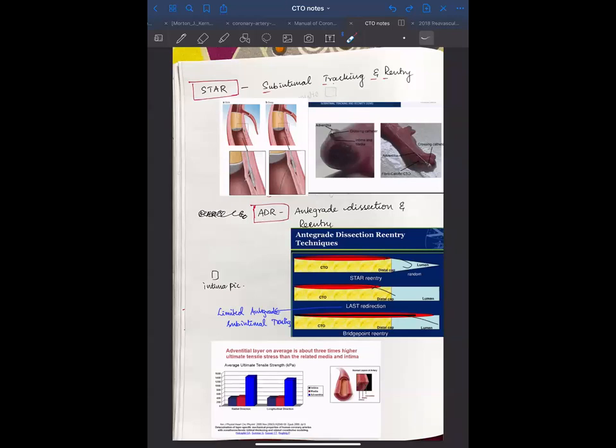So in all these techniques, you will end up deploying the stent in adventitia basically. You will have a part of adventitia where the subintimal is. And this one, bridge point, from where you will enter? Enter through the body of the CTO into the subintimal space. Adventitia or media? Subintimal is media. No, in CTO everything is gone. It is like a hard mass. CTO basically eats up the media. The only thing which is separate is adventitia.